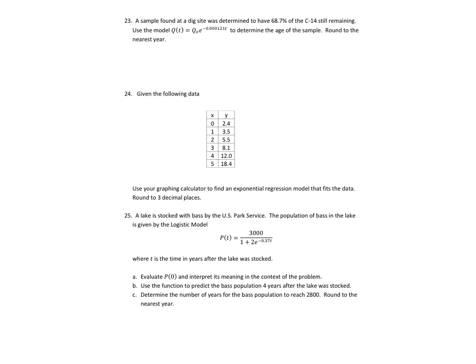So this says a sample found at a dig site was determined to have 68.7% of the C14 still remaining. Use that model to determine the age of the sample. Okay, so the amount of C14 left will be equal to 0.687 times the original amount, right? And so what we want to do is